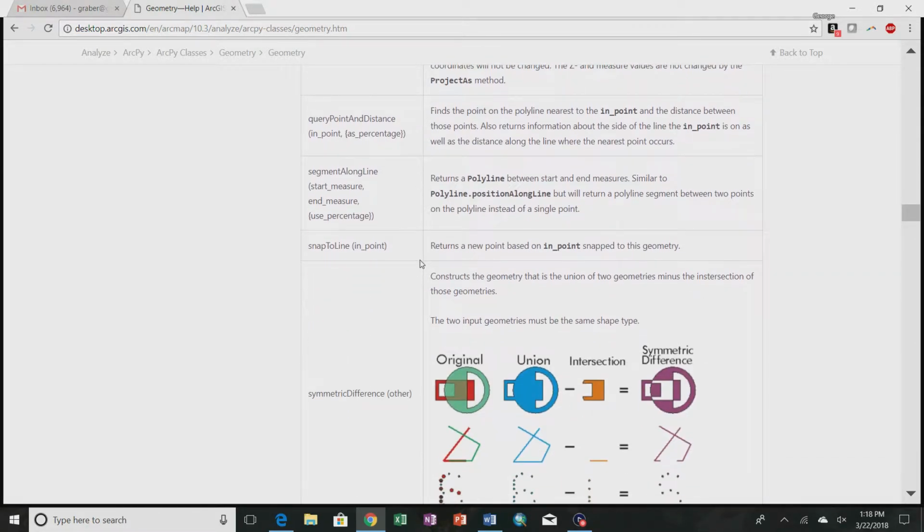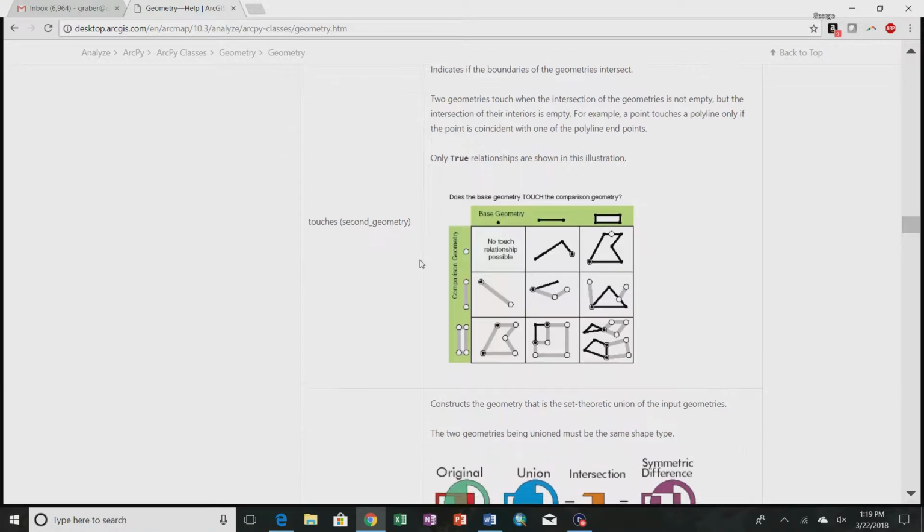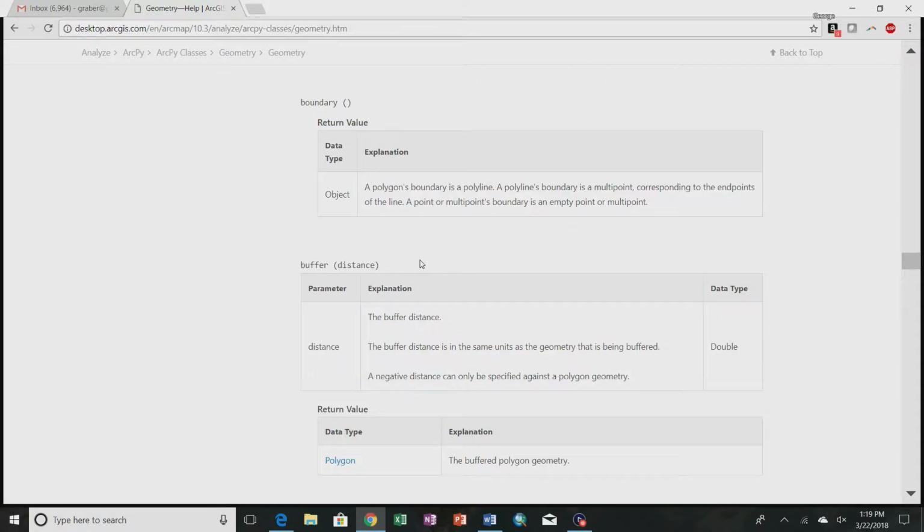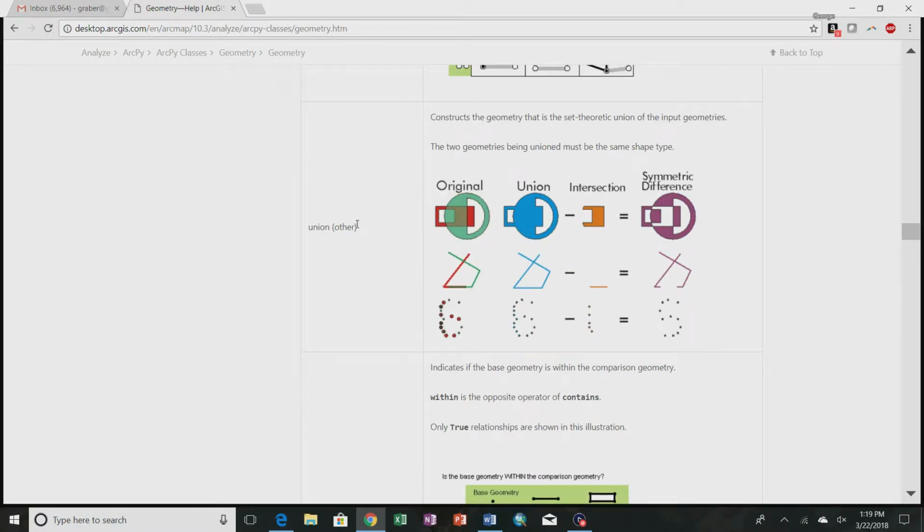So these are the building blocks for designing your own spatial tests and spatial operations that might be different than the standard out of the box ones. Okay,